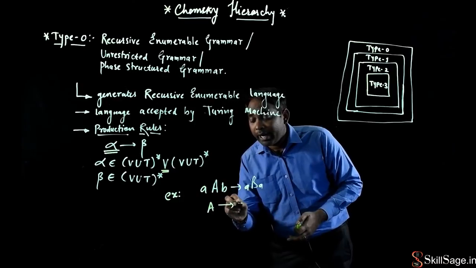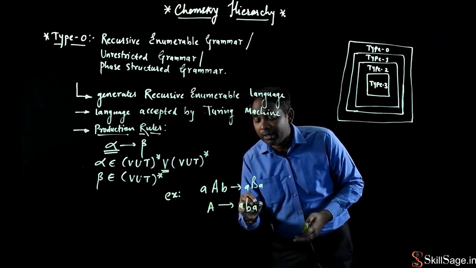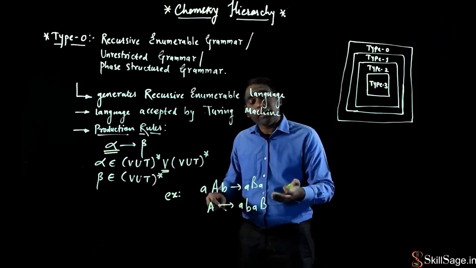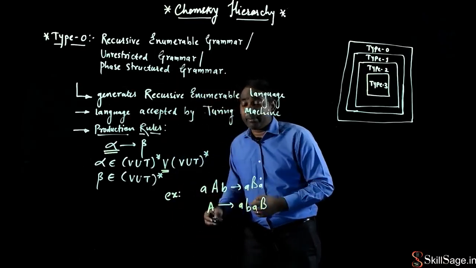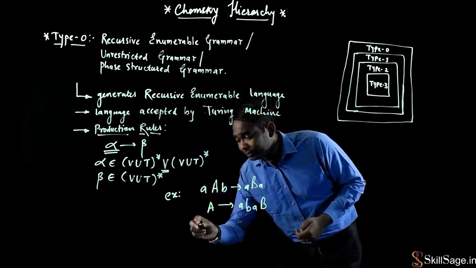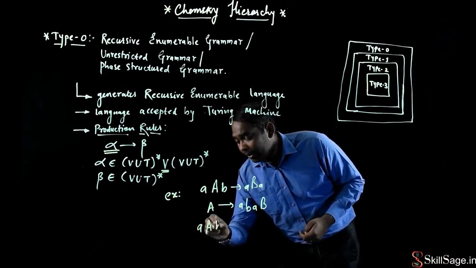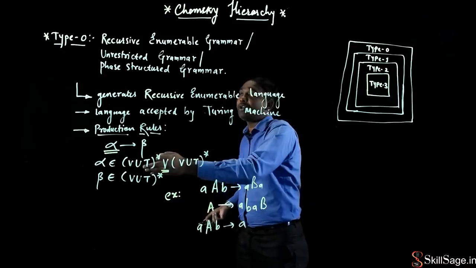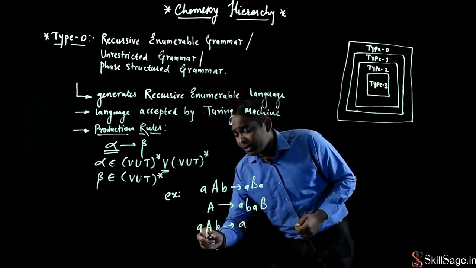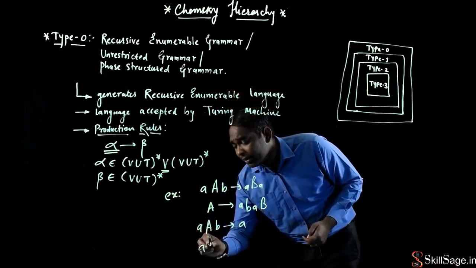I can have AB produces ABb, that is also a type of unrestricted grammar. I can have A B produces a, this is also a valid production rule for type 0. Or I can write it like this,